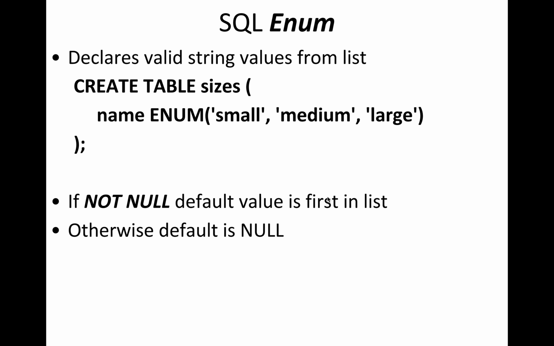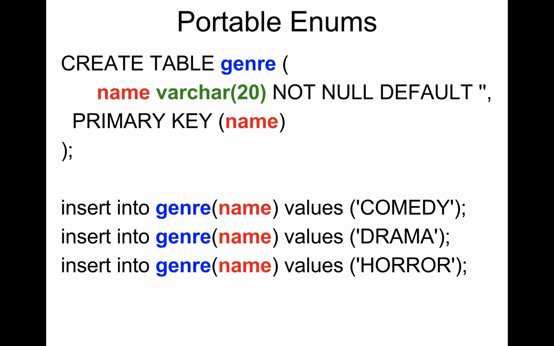Now, the problem with using enum is that it's only supported by a subset of vendors. Only a subset of them support the keyword, so they're not migratable from one vendor to the next. So I would ask that you don't use enum, since it only works with a subset of vendors. So instead,